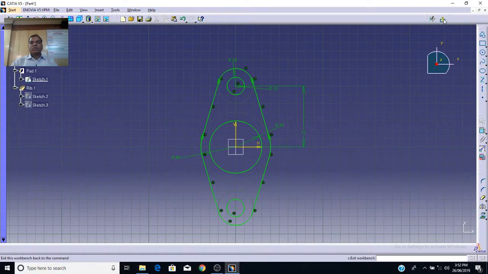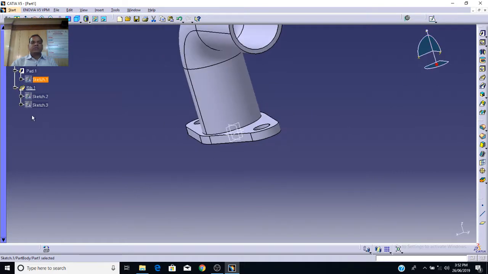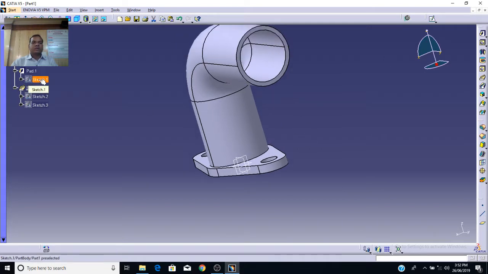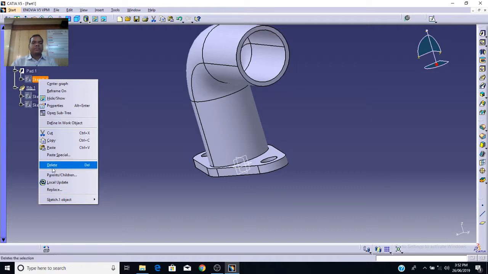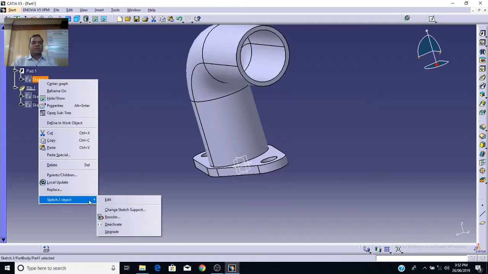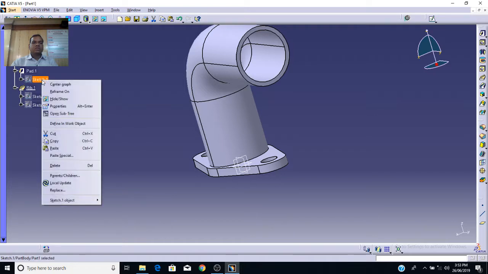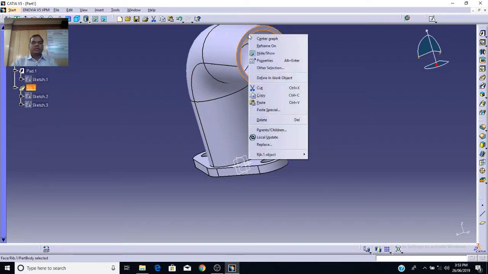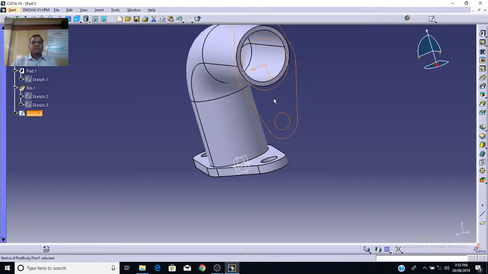But we are not required to do anything, I just want to copy the sketch by right clicking. I can copy this sketch and I can paste this particular